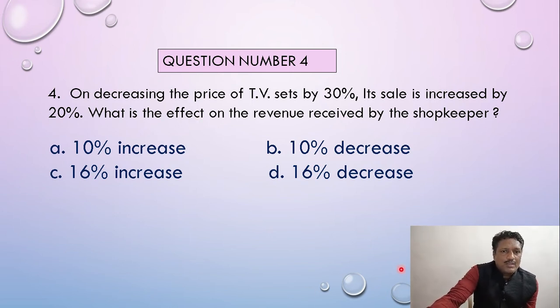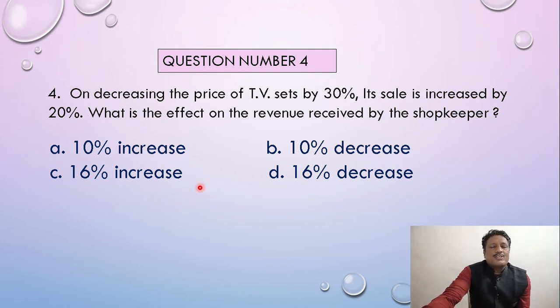Let us see. Here, a decrease in the price of a TV set of 30%. So basically the original value is 100%. First we will do it by the shortcut way. If it is possible we can put numerical values also. The price of the TV which costs 100% is the original value in terms of percentage. This complete problem is concerned with percentage, not numerical value. In this problem they had not given any value. So we call this the percentage effect model. We have to express the answer in terms of percentage only, not in value. All the options are also in percentage.